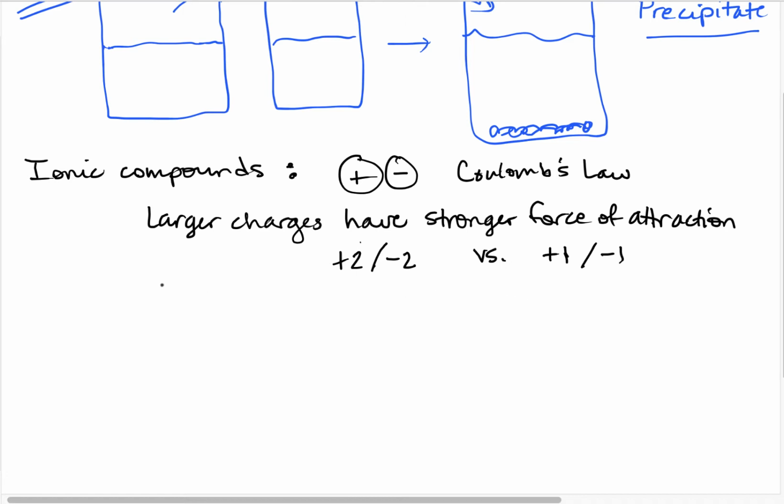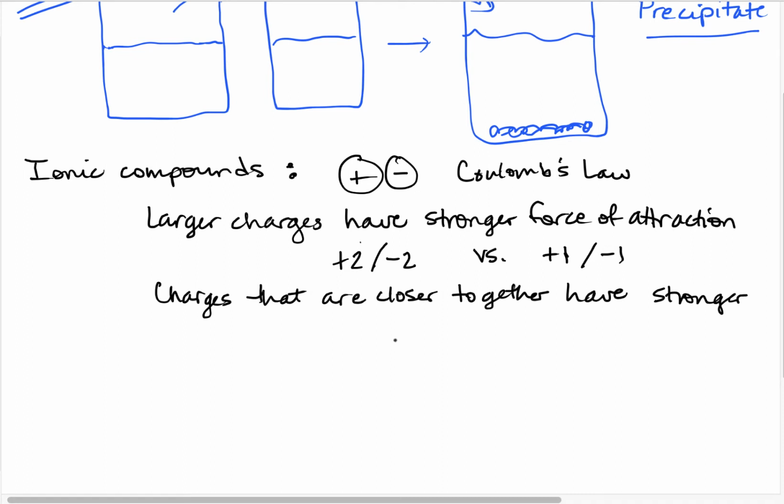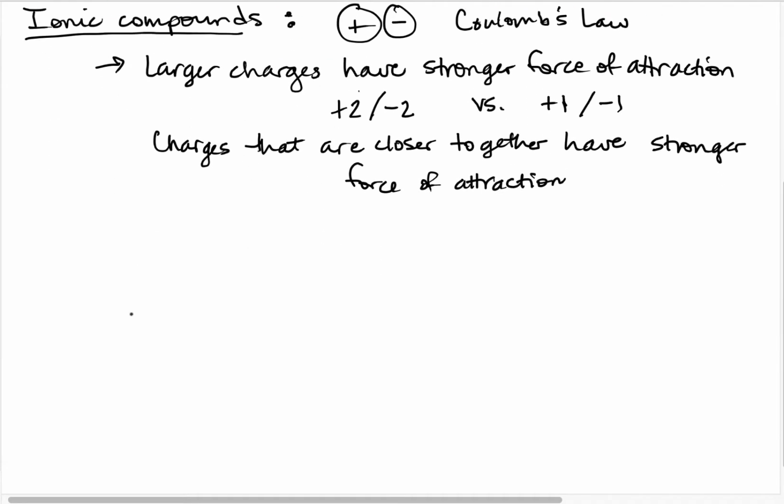And that charges that are closer together have a stronger force of attraction too. And you don't really have the tools yet to know whether or not our charges are closer together, so I mainly want you to think about this first one when we're starting to look at ionic compounds,